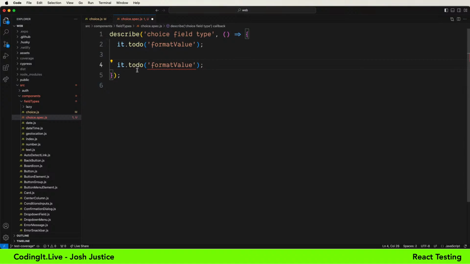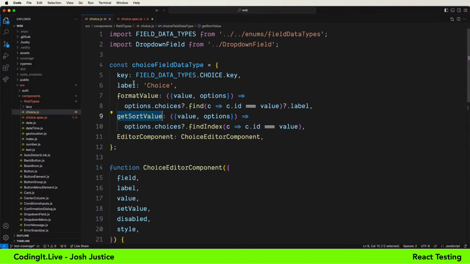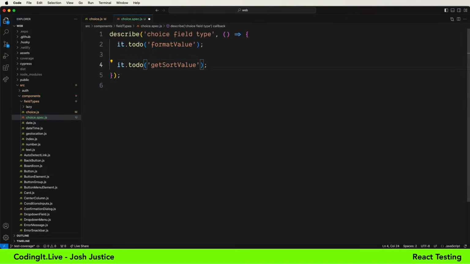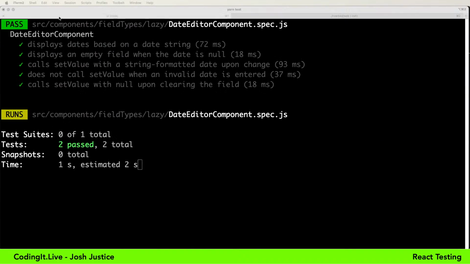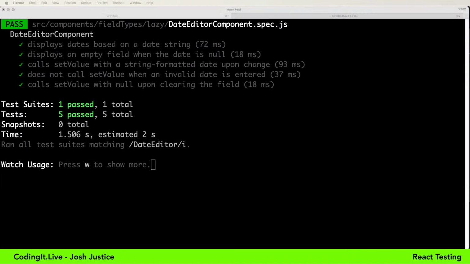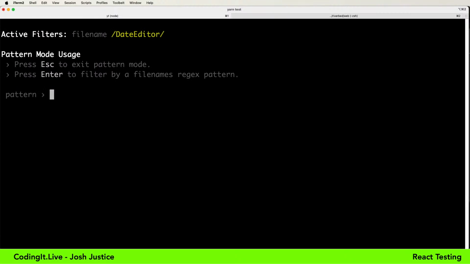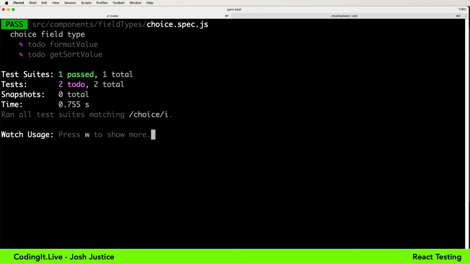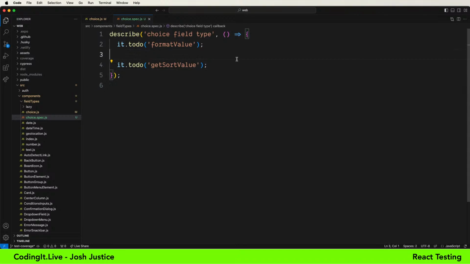So Jest has .todo to tell you that there are to-dos there, and that actually gives you test output on that. So let's see that test output. Yeah, so there are 2 to-dos there, and that's been really helpful on my current client project, getting that nice test output to remind you to go back to something.